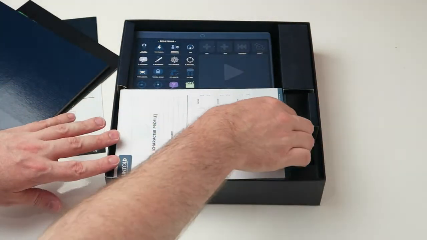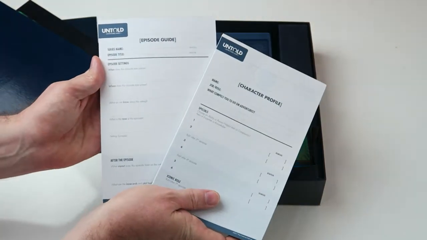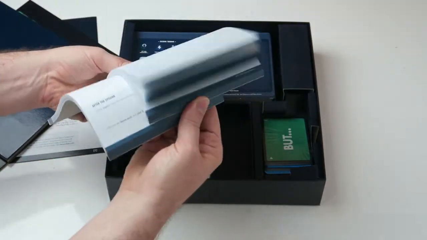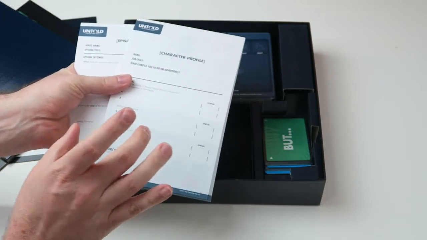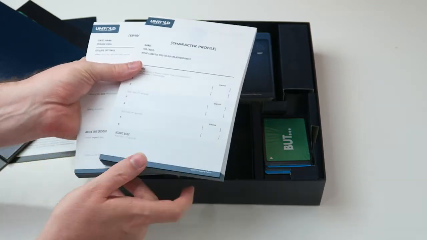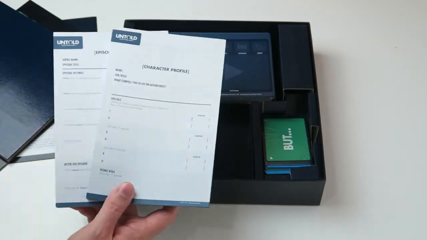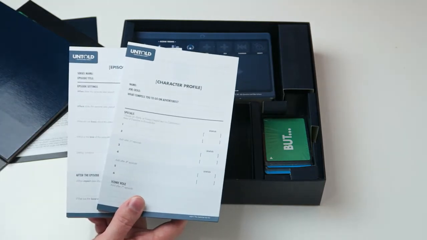Next, you also get a couple of pads. So you get the character profile pad, and you also get the episode guide pad as well. Lots of sheets. There's 50 sheets for each one, and again, the files for these are going to be available on the Creativity Hub website. If you go to creativityhub.com/untold, when the site goes live, it's not live yet, those will be available for you to download